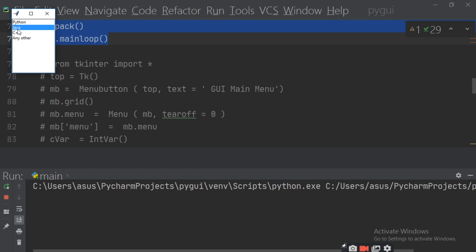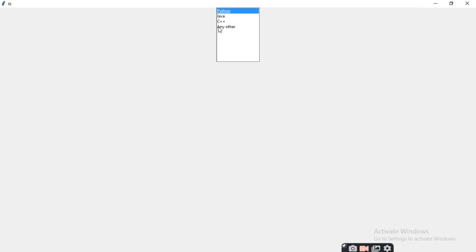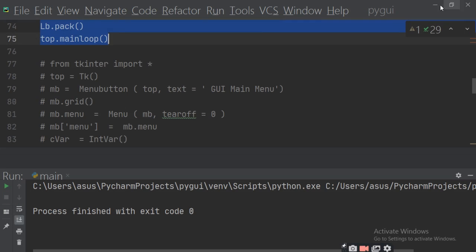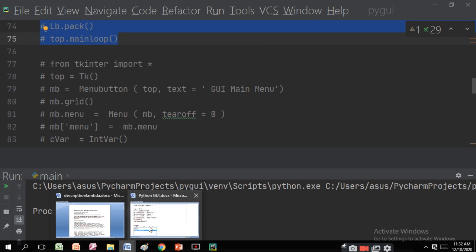You will get the list of the programs and you can select it. Okay, so this is the way to make the list. Then next comes